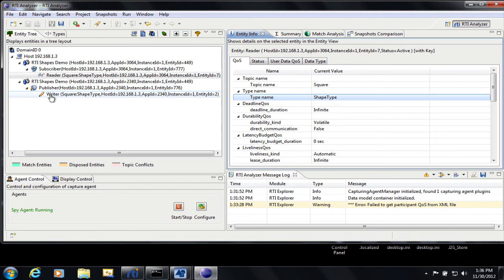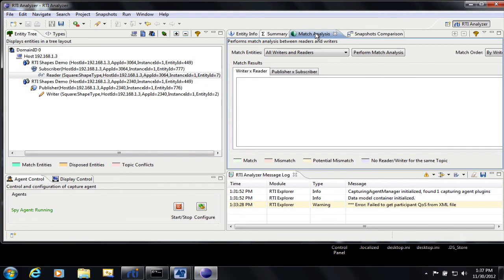And one of the most common application problems in DDS is incompatible QoS. The Analyzer tool helps you to easily diagnose this by using match analysis of all the readers and writers that Analyzer has discovered. I can do this here by clicking on the Match Analysis tab, and you can see here that it's going to match all of the entities, so all writers and all readers. And I can click on Perform Match Analysis,